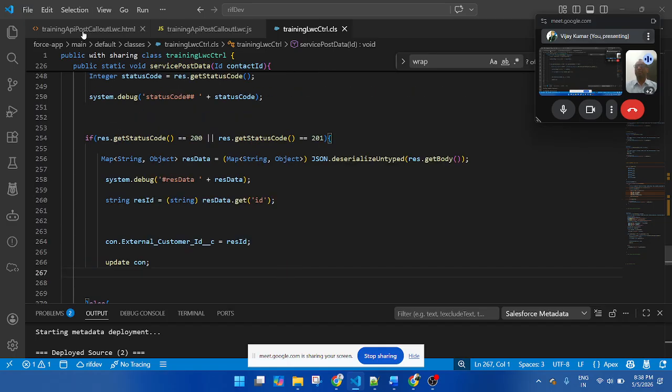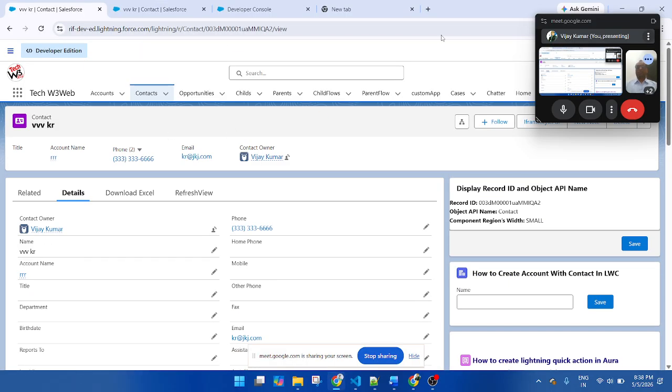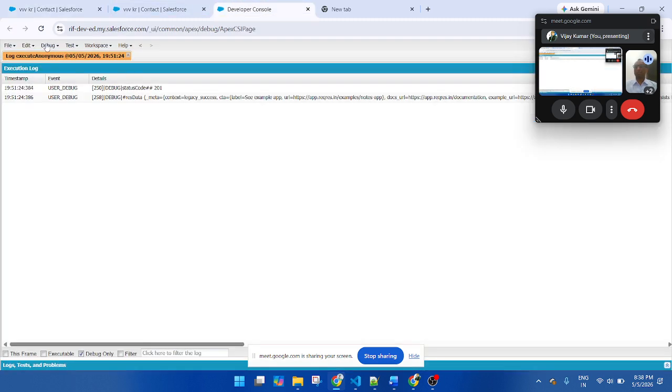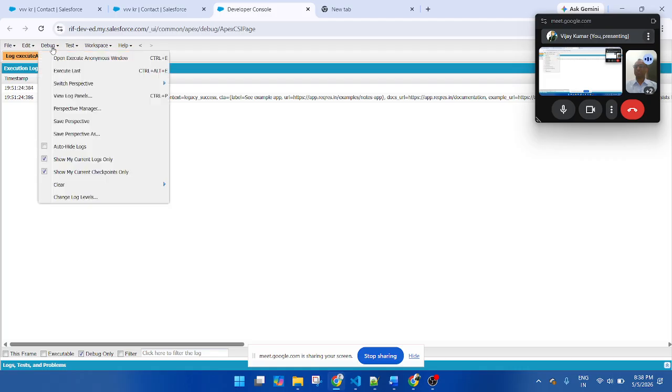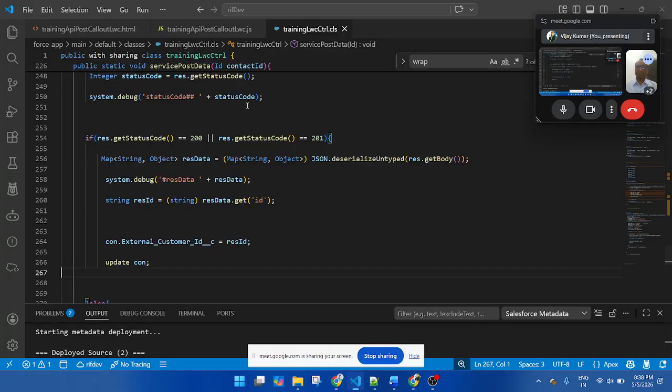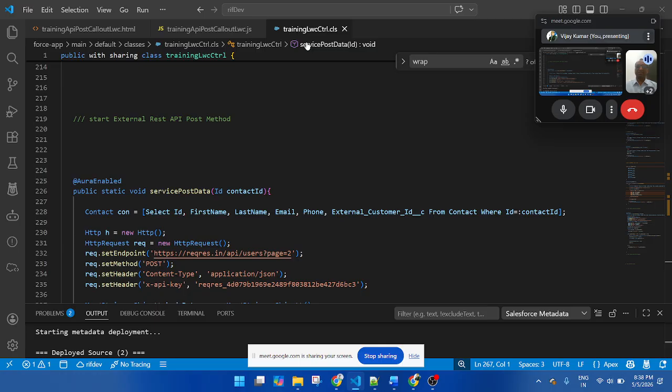Now let me open the developer console and execute once again so that you will get it clearly. So now let's open the execute anonymous window. This is my method. My method name is training LWC controller.